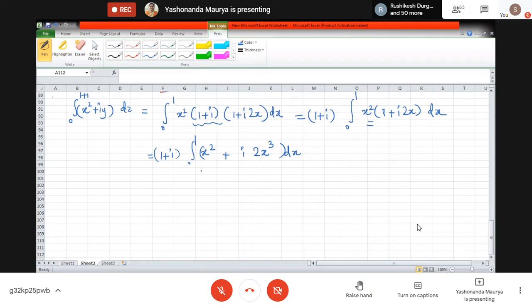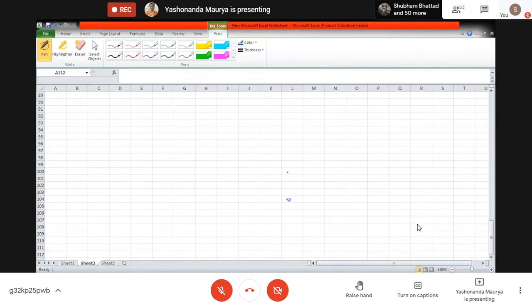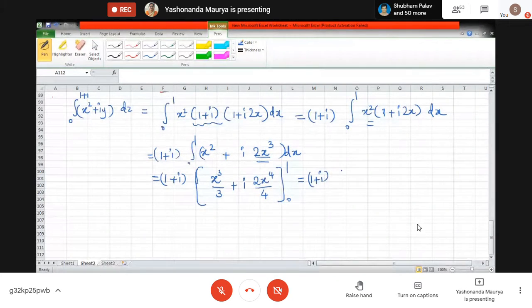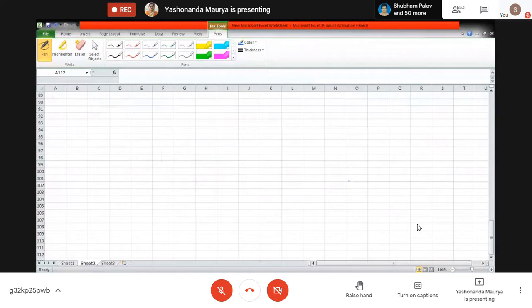Now evaluate the integral. 1 plus I times the integral of x square, which is x cubed by 3, plus I times the integral of 2x cubed, which is 2x raised to 4 divided by 4, and these limits are from 0 to 1. So what we get is 1 plus I times 1 by 3